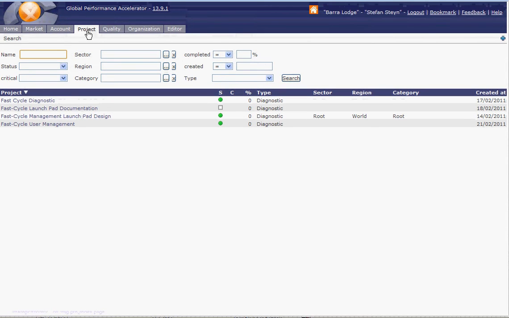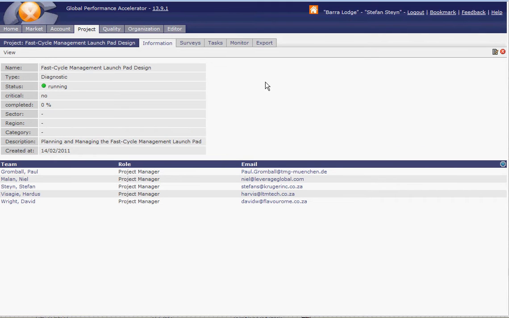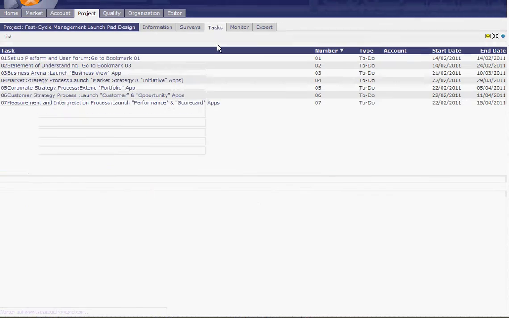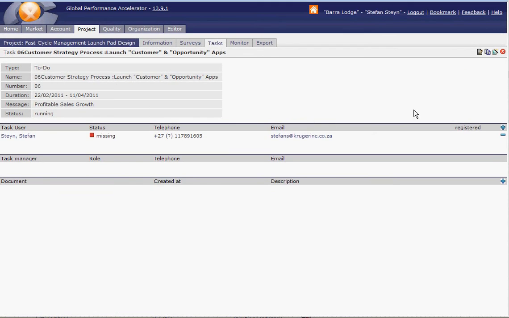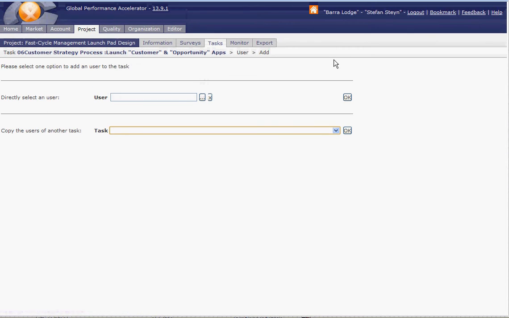And if you assign a person on the task level, like here, if you go back to the Launchpad design, go to task, go to one task and say, look, we want to add another user to it.